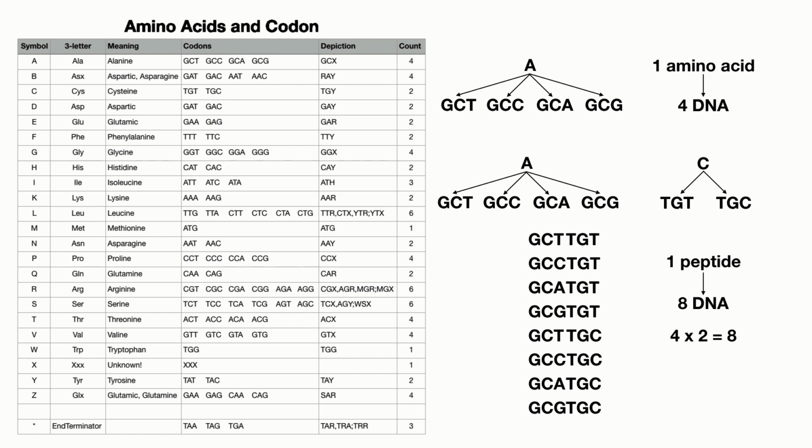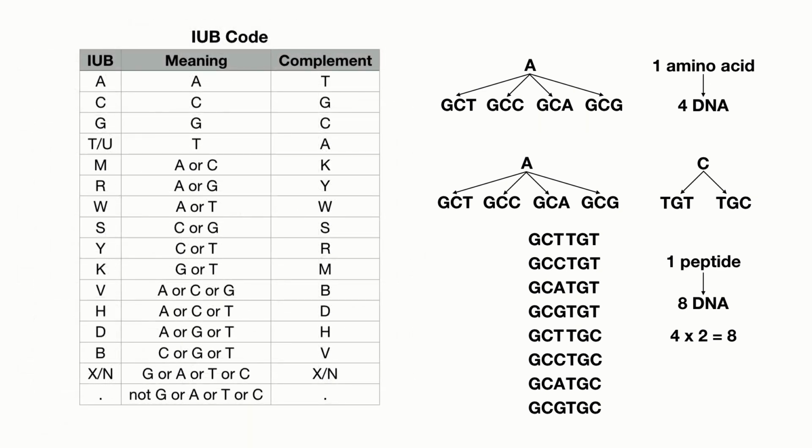Now it is possible to express this degeneracy, where we've gone from one peptide to 8 DNA molecules, as a single strand of letters. To do this, we have to use the IUB code, which is shown here. If we look at the 8 molecules of DNA that's required, if we write out the code, then what we get is GCN, because in that third position there can be any base, TGY, because in that last position there could only be a T or a C, and this matches what is seen in the table.